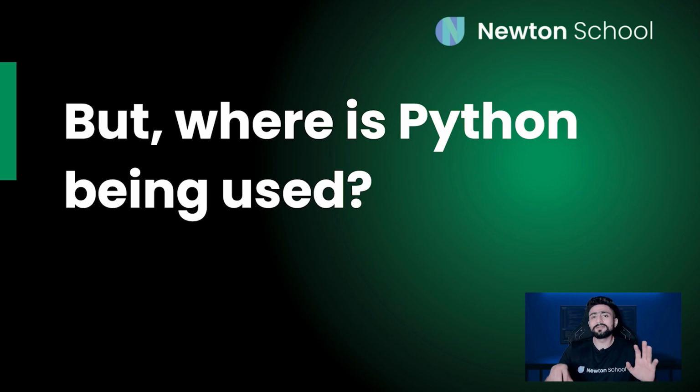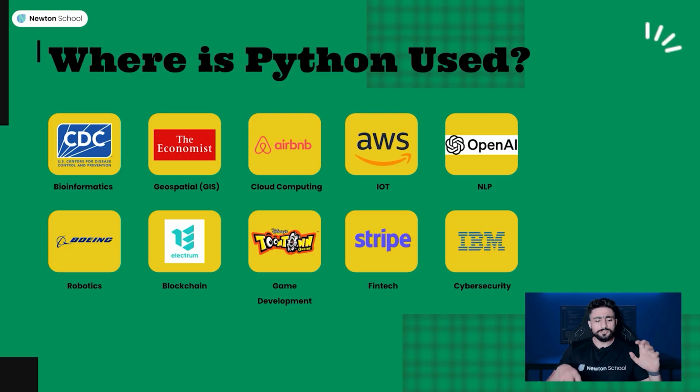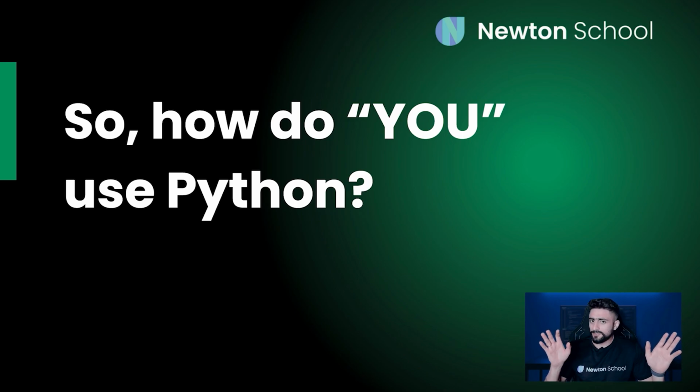And now, where is Python being used nowadays? Like what kind of industries, who are using Python, right? So let me give you some examples. You might have heard about the company Boeing, right, which works in the robotics field. So Python is used in robotics. Python is used in game development. OpenAI, which is quite common nowadays, like ChatGPT, you might be using, right? Python is being used there. And fintech, cyber security, bioinformatics, and whatnot. So there are tremendous numbers of industries where Python is getting used in the software being built for them. So now you know that Python is important.